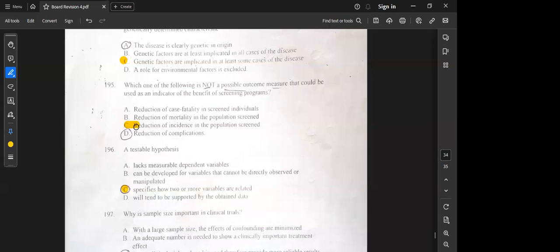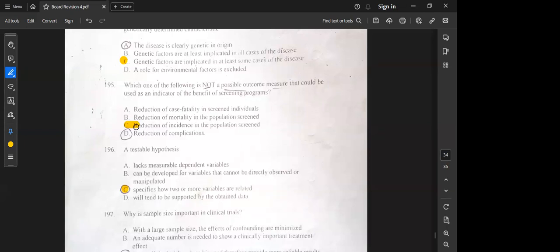Wouldn't that reduce complications? For example, in stage 4 lung cancer, we've seen syndrome of inappropriate ADH as a complication of lung cancer, but we screened, we found it early, we treated it early. Wouldn't